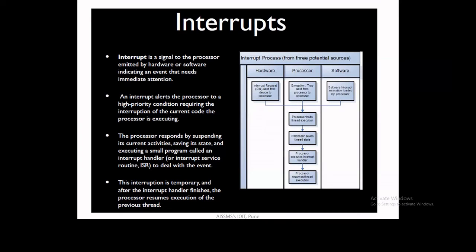The processor may respond by suspending its current activities, saving its state, and executing a small program called the interrupt handler or the interrupt service routine, to deal with the event. It may be external or internal, and the event may be initiated by hardware or by software. This interruption is temporary, and after the interrupt handler finishes its routine, the processor can resume its execution